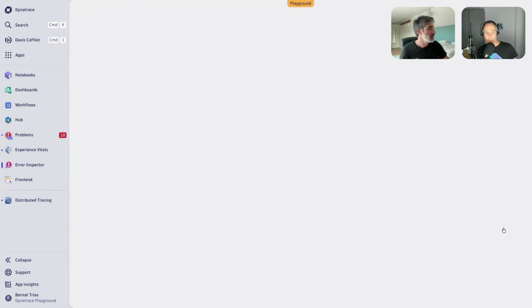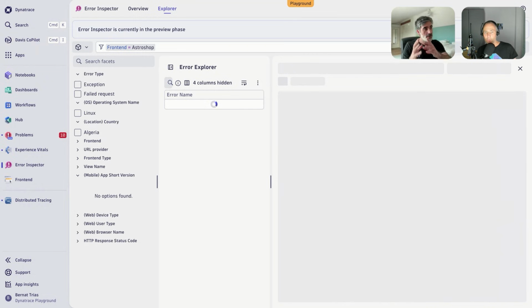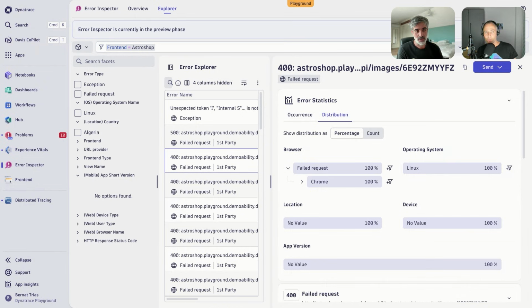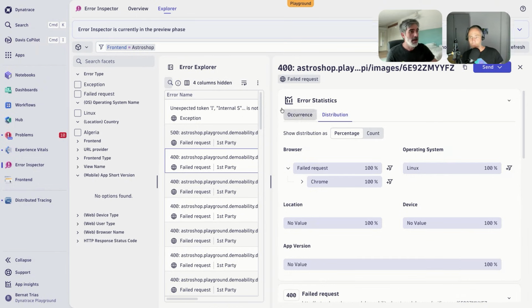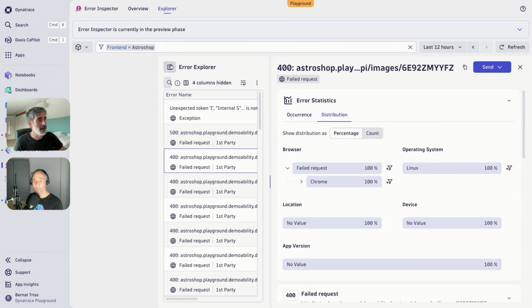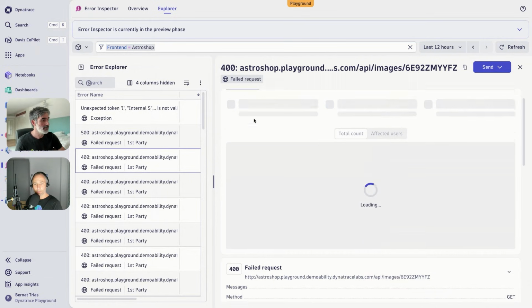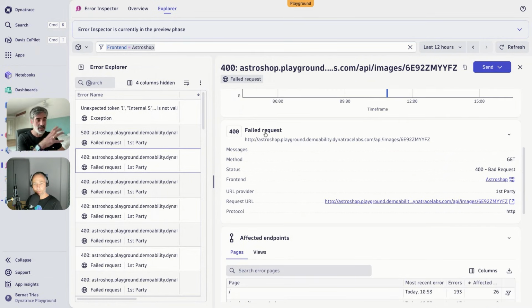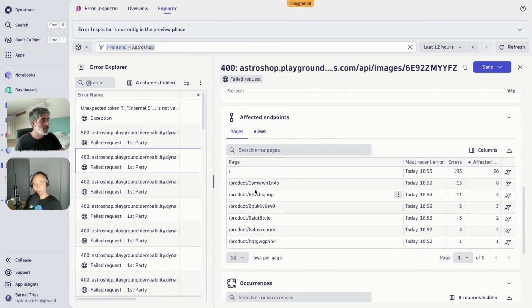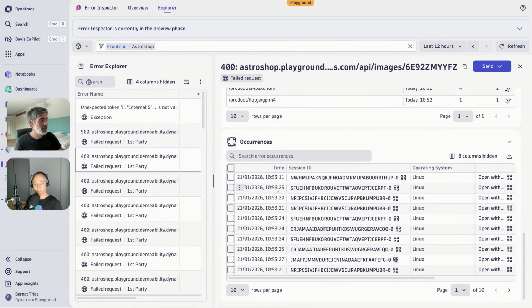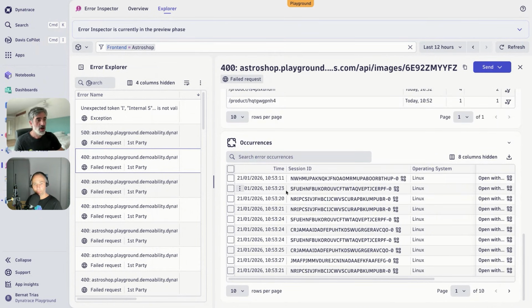So I will click here, and it will open one of our other new apps, the Error Inspector. This app has been developed with developers in mind, because we want to make it much easier for them to explore those errors. So in this case, we just open this particular error for my frontend Astroshop. We can check the distribution among operating systems, browsers, how often it's happening. We can check the details of this failed request. We can see which pages or views it's affecting,